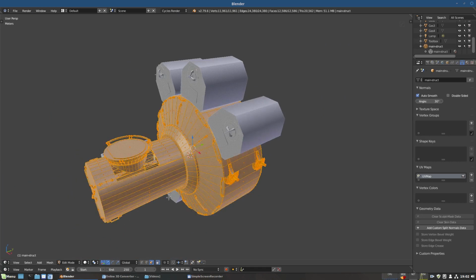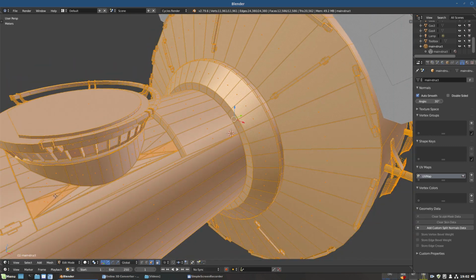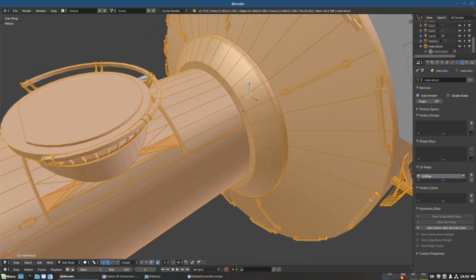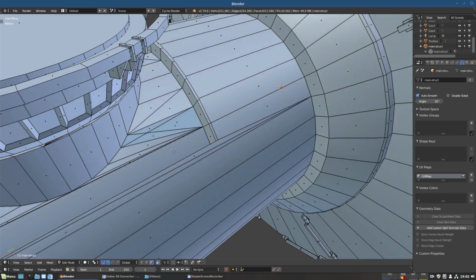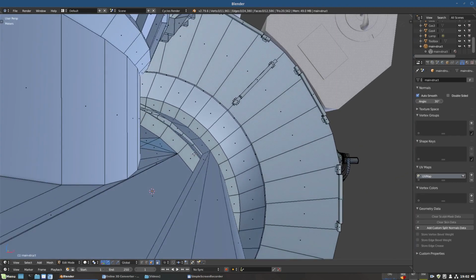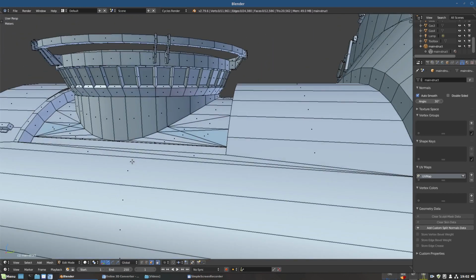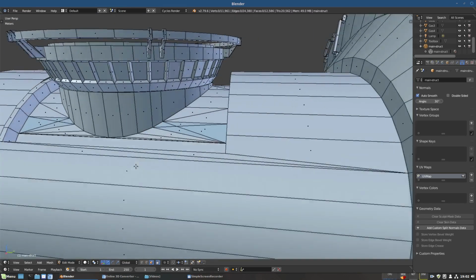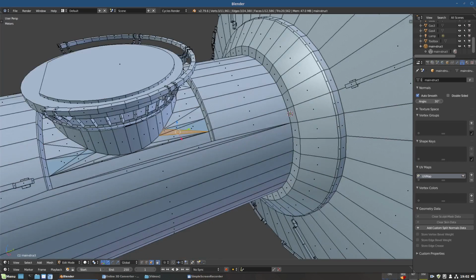And we'll select everything, Control N to recalculate normals on the outside. And you'll see we have some doubled geometry. I'm not sure how that got in there. After using Lightwave for several years, it does a really good job of maintaining good geometry, as long as you are maintaining good geometry practices. I'm not really sure how these overlapping parts would come about, but it would take a little bit of extra work to clean that up,